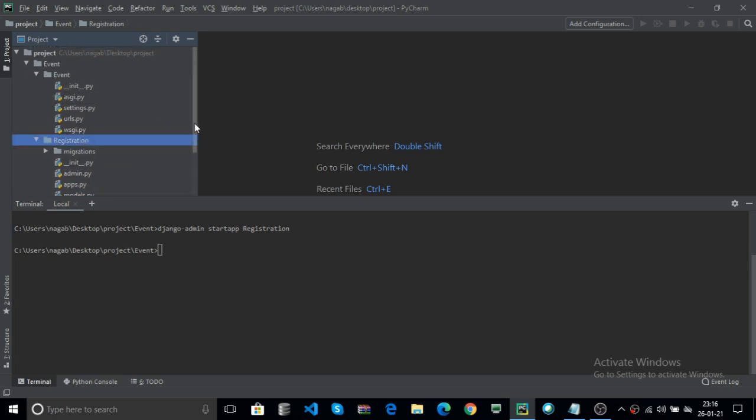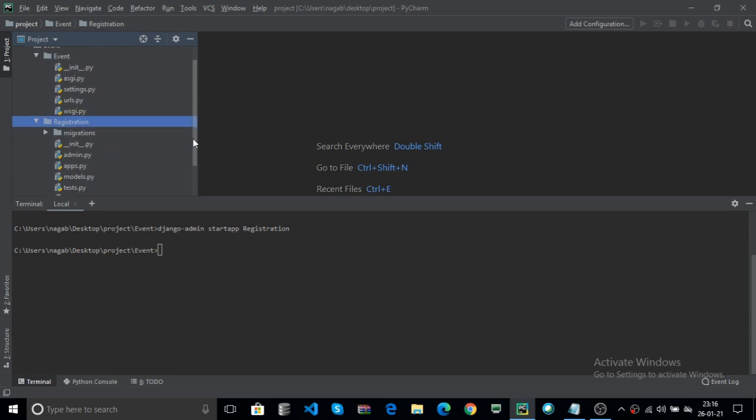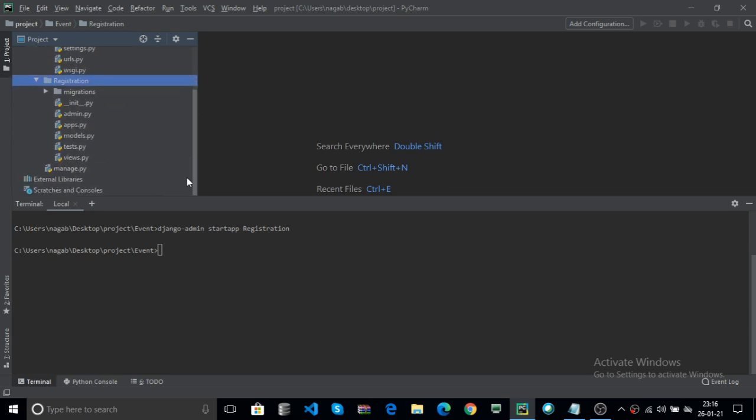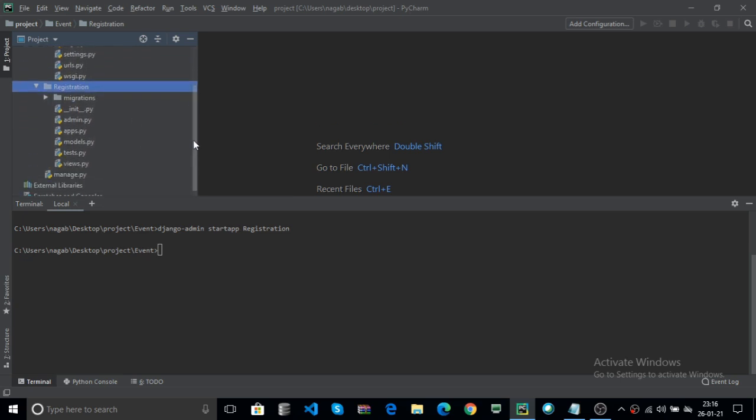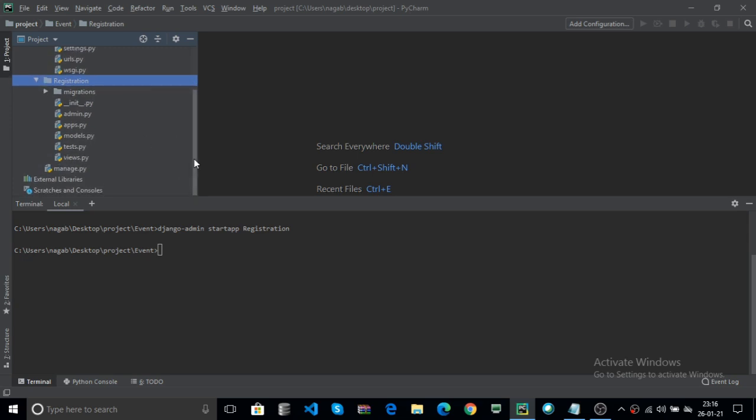Django by default creates one database for you. When you run the SQL migrate, the database is created. You can use registration to create a database. You can use any app, and you can use multiple apps also. Now, for example, I create another app here, instead of registration, login, and hit enter.